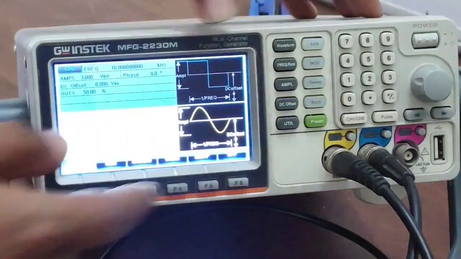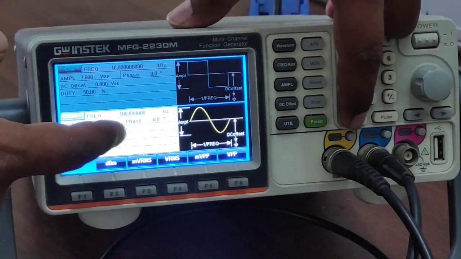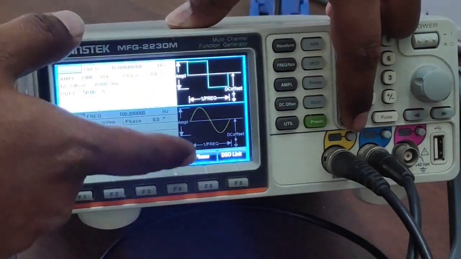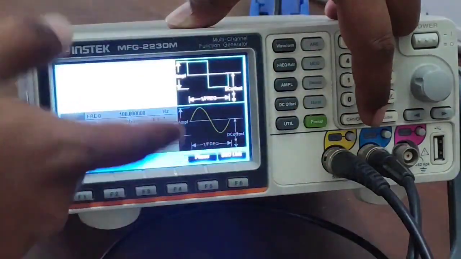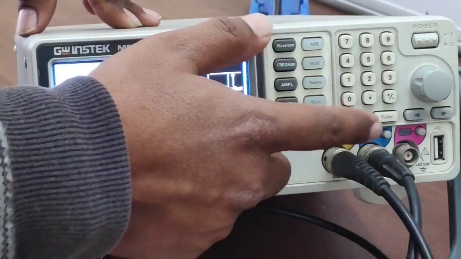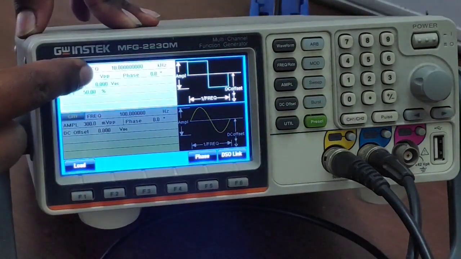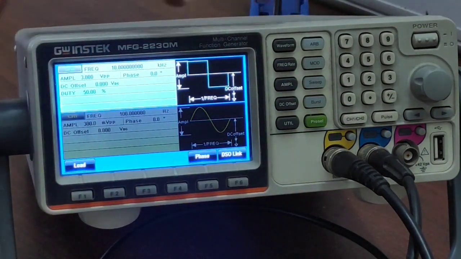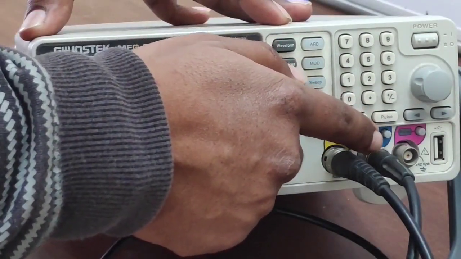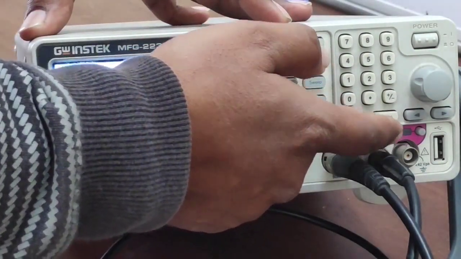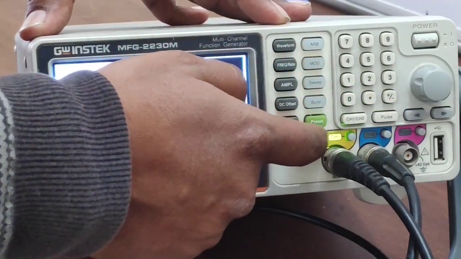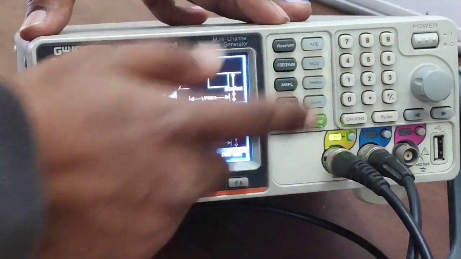There is one more button, channel 1/channel 2. It is used to switch between these two channels. For example, if we need to use both channels as outputs, we will just press this channel 1/channel 2 button, and in this other channel also we will select the wave which we need. Then for the second output wire also we will just switch on this button. When we switch on this button, it will glow, and this glowing means that currently it is giving the output.